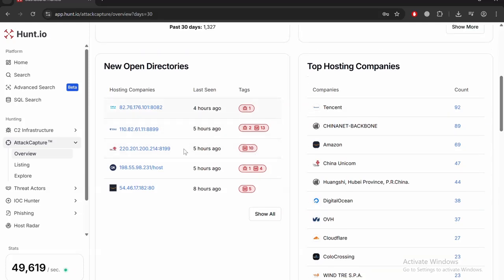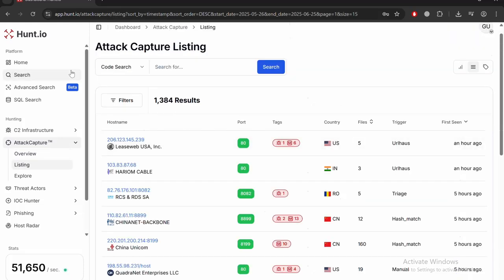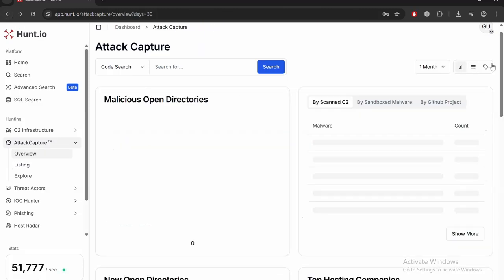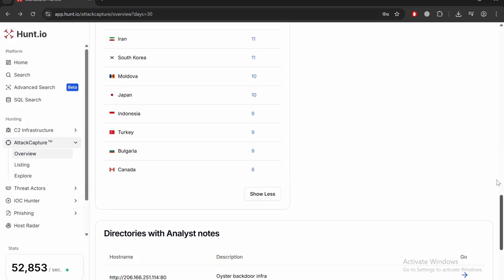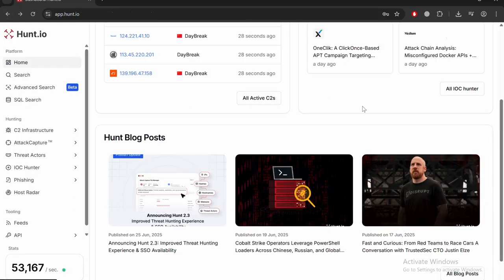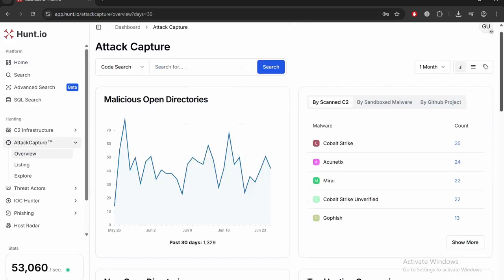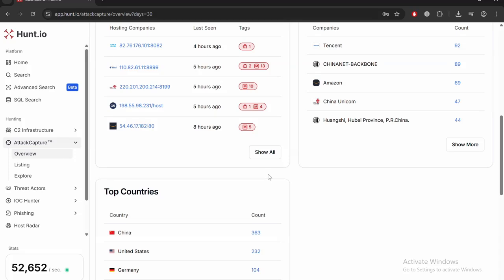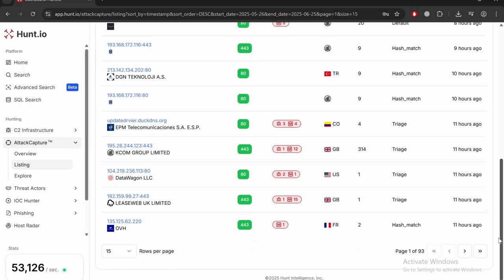And here are the new open directories. Click show all, and it provides all of the available results. You can also search by country. For example, each country has a lot of open directories. So we look at new open directories, all open directories, click show all, and then try to find